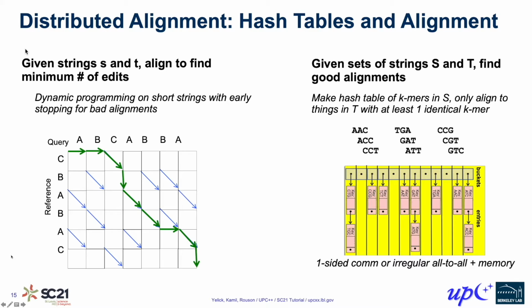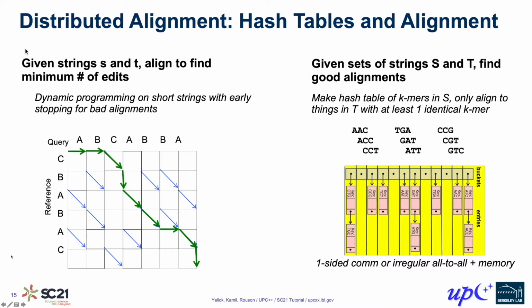Perfect matches between characters are shown as diagonal paths, whereas insertions and deletions are horizontal and vertical paths respectively. In the worst case, it is an order n squared operation for strings of length n. In practice, we use GPUs for this computation as well as heuristics that reduce the algorithmic complexity by searching only for matches near the diagonal. We don't really care about poor matches in this alignment problem.